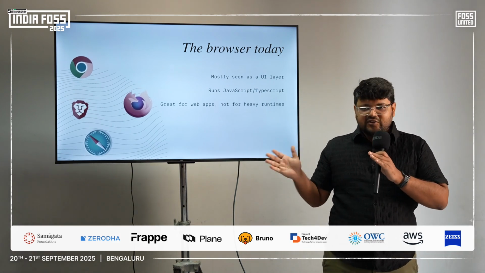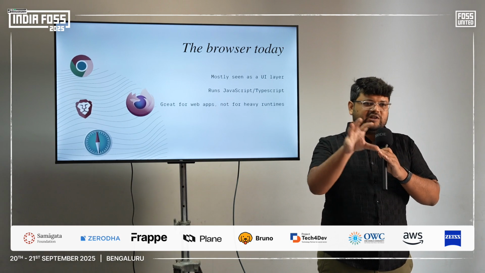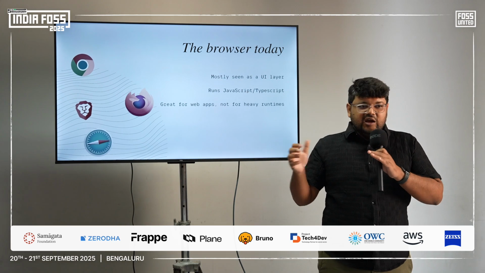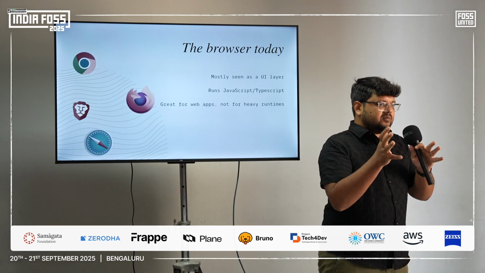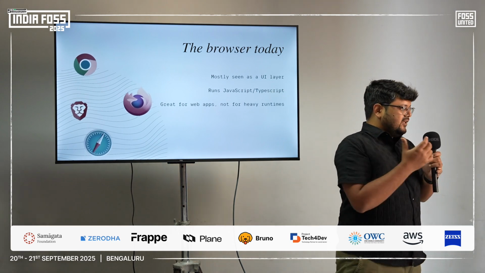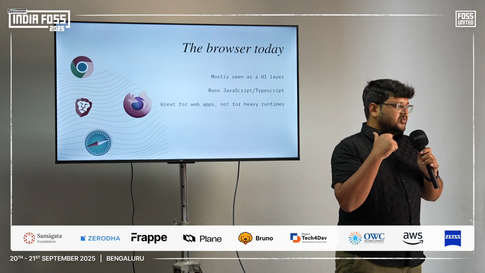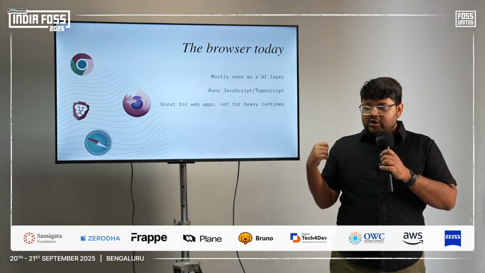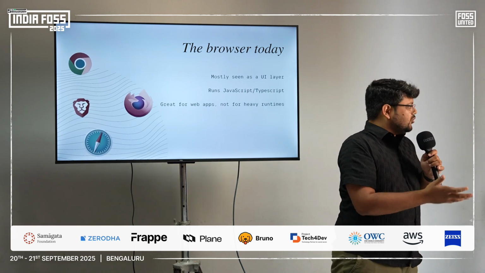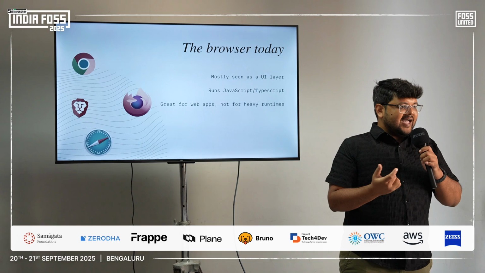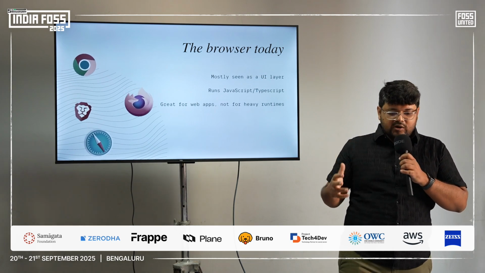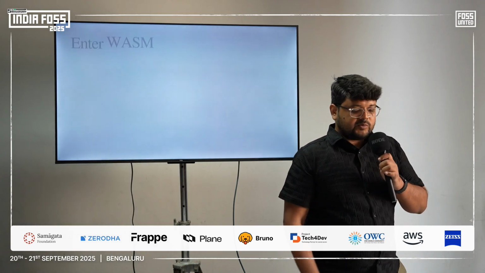That's how the distinction is, because if you keep a lot of things on the browser, like it used to be with Java Spring or something, it would be a very heavy thing that starts loading on the client side. It will make things a lot slower. Today, we have machines which can take up a lot more processing than we used to. So even if you put a lot of processing power on the front side, it still might work out, right? But it still doesn't have the capabilities to run all the processes, let's say scripts and so on. That's where WASM comes in.